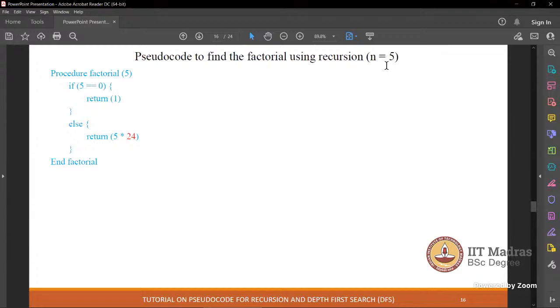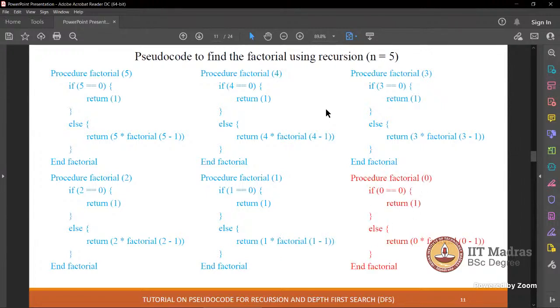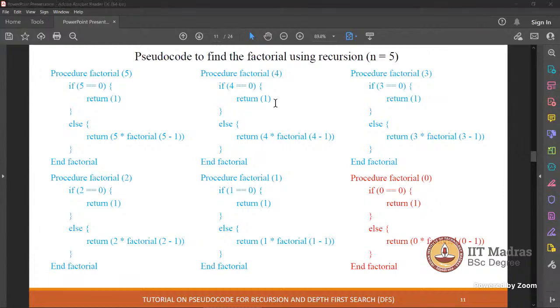Next is Karthikeya. Sir, when n becomes 0, we start back. Correct. So how is the program remembering a process which was already suspended previously? I fail to understand how it is remembering the last step which was suspended.